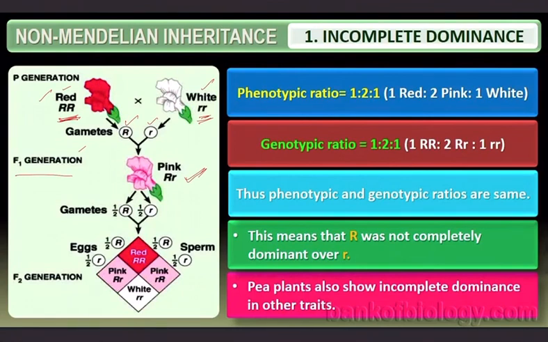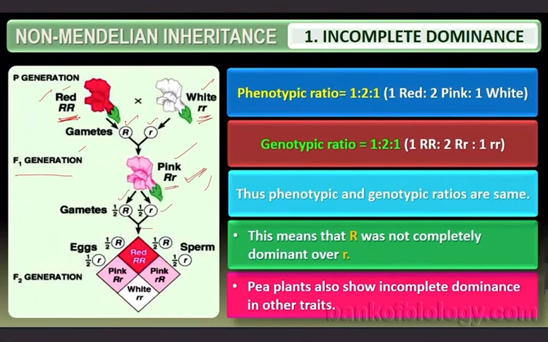Pink flower is formed. How is it that this pink flower is formed? From one parent, the red flowered one, capital R is inherited. From the white one, small r is inherited. That means you have a gamete with capital R and a gamete with small r, from the pollen grain and the ovum. When the pollen grain and the ovum combine, naturally you get a zygote having capital R and small r. And when that zygote develops into an embryo and becomes a plant, that plant produces pink flowers.